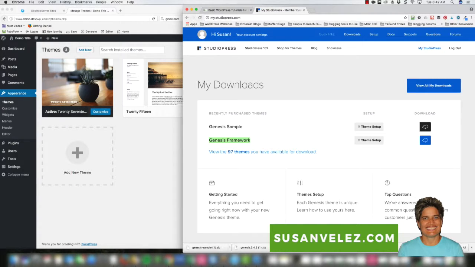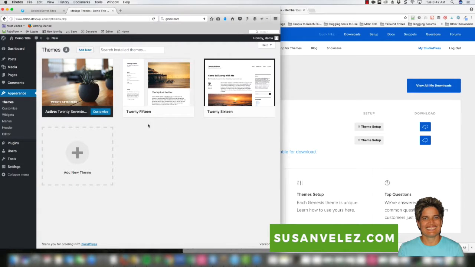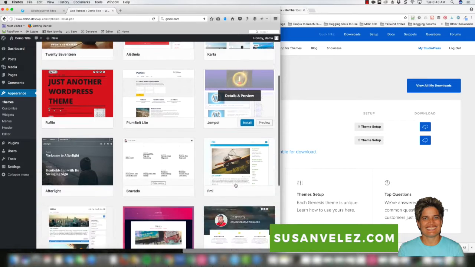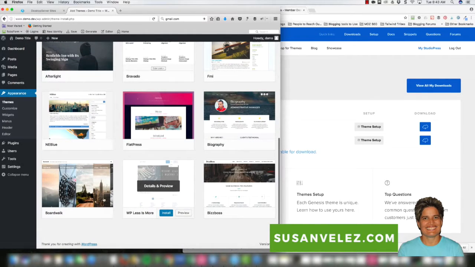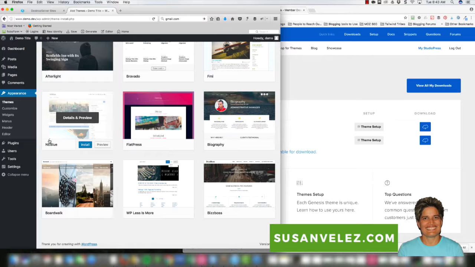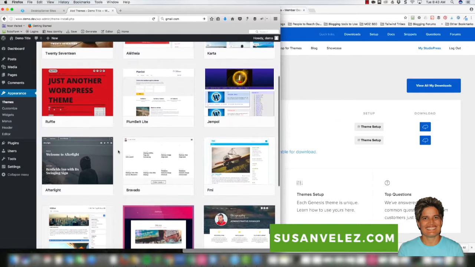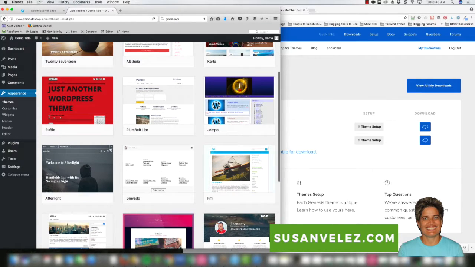to find. So once you've got the theme of your choice that you want to add, you're going to come over here and you're going to add new. And as you can see right here, all these themes come up, and these are all free themes that you can choose. If you didn't want to use a premium theme, you could use one of these themes. I'm not sure how these themes work. I'm not sure of the quality or how well they're kept up to date. I've never used a free theme, and I highly suggest that if you have the money that you invest in